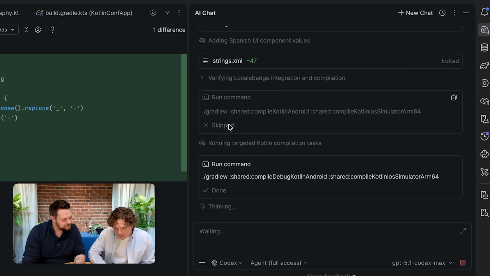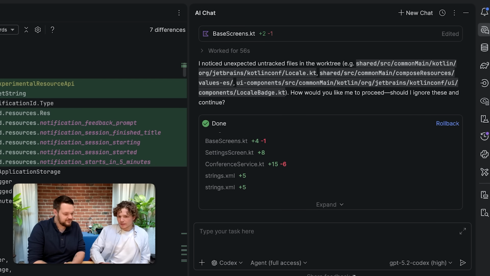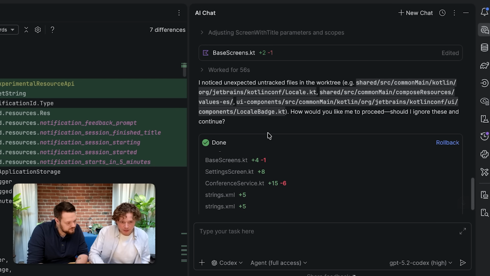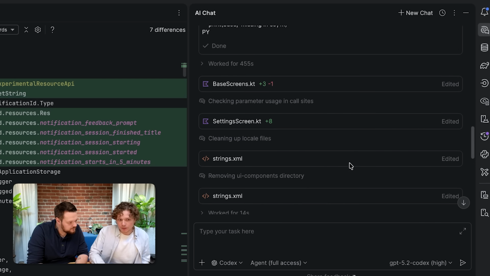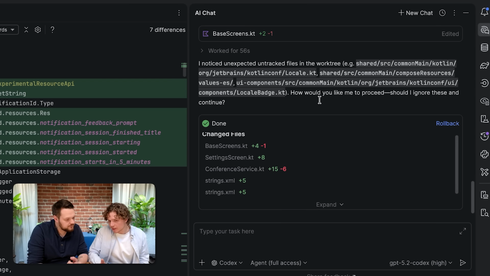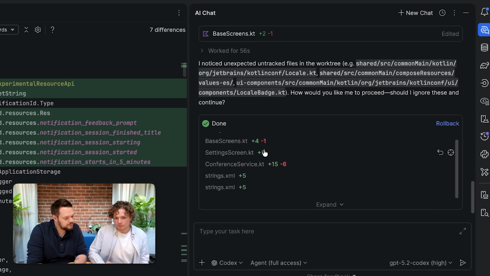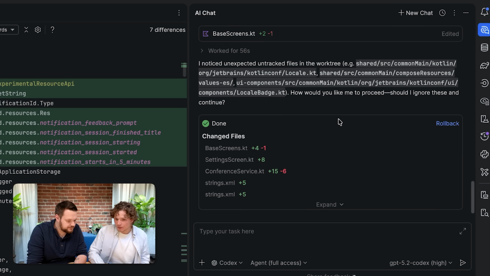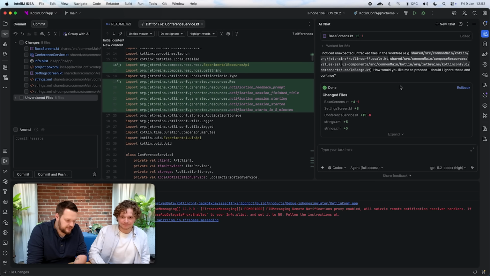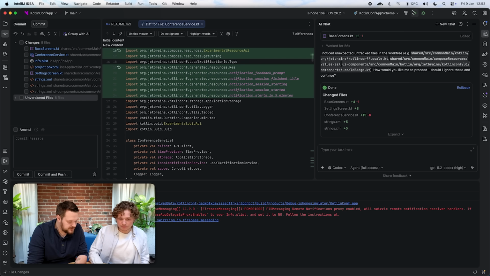And as you can see, some of the commands are skipped and it's done. Codex listed the files that were changed, so we can take a look at the lines that were actually updated or removed. We can see them in a commit window that they are uncommitted yet, so we can push them to the repo. But first of all, let's make sure that it actually works and rerun the app to see whether the localization actually takes place. Cool. And for that, we're just using the same tools that we're used to in the IDE already. Exactly. So it's building,